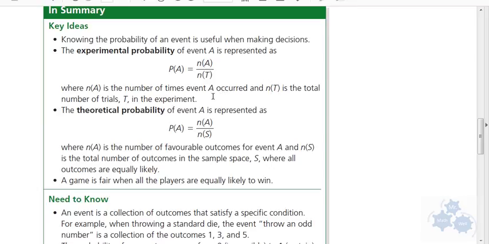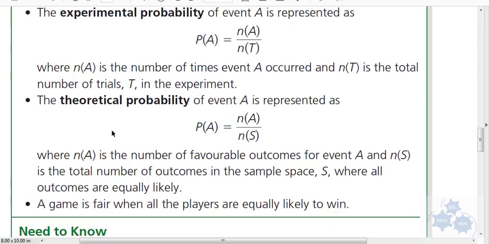So that's a little bit different than theoretical probability. Theoretical probability states that the probability of event A is the number of times that A, and they're also referred to as favorable outcomes, okay, so when A happens,